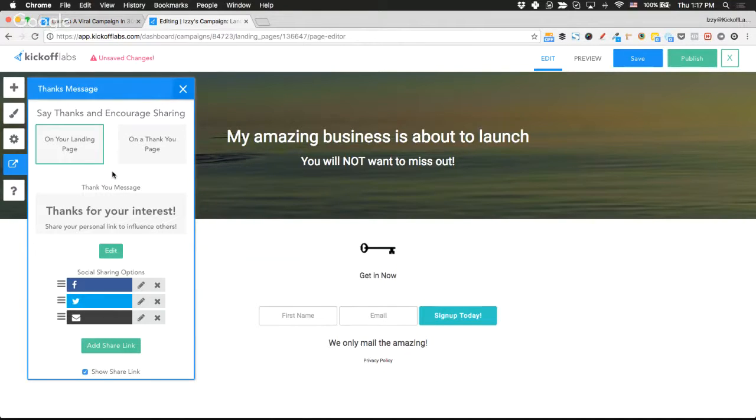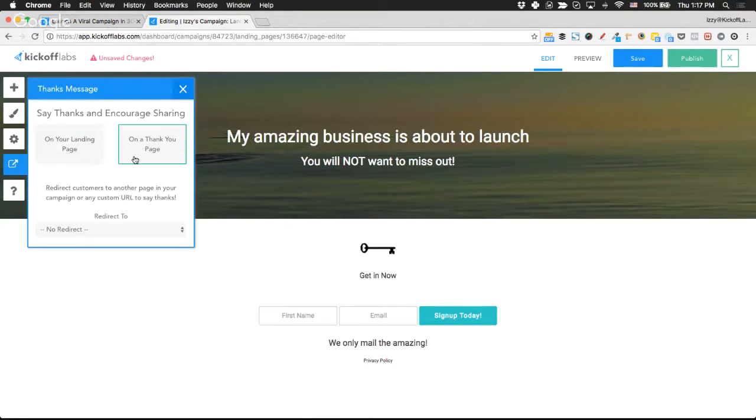I would really recommend always sending people to the thank you page, because this is where you're going to get more bang for your buck when you're sending people to the viral referral page, getting people to refer additional people to maybe possibly earn rewards or top a leaderboard, as I mentioned earlier. So be sure that you do leverage and use the thank you pages to their full extent.